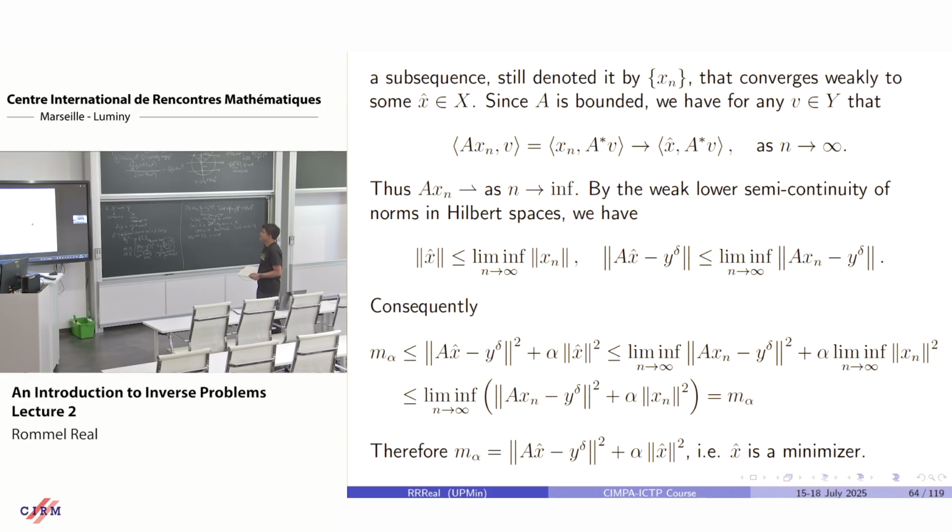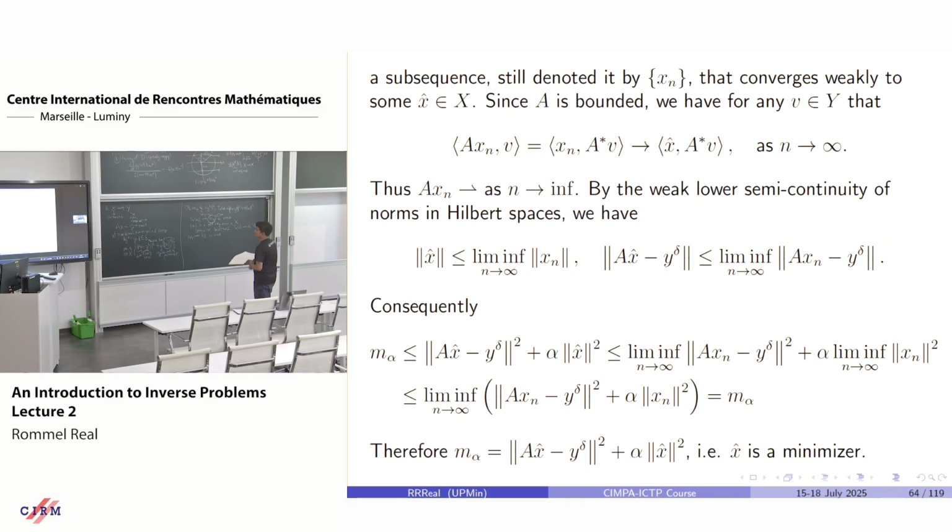Okay, and notice this is A x hat over here, and then the norm of A x hat minus y delta is less than or equal to the limit of the norm of A x sub n minus y delta. Note, we still have y delta here, because we're only taking the weak limit of x sub n. And consequently, by combining again these two results here,